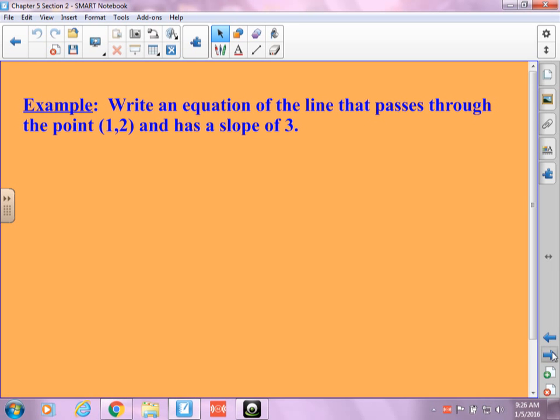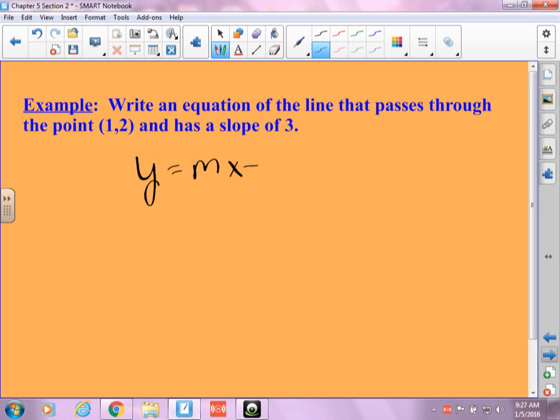Now, if you remember yesterday, they gave us the slope, and they gave us what? They gave us the y-intercept. Did they give us a y-intercept here? No, they did not. So that's what we need to find today, is the y-intercept. So this is what we're going to do. We're going to grab that trusty formula, y equals mx plus b, and we need to find